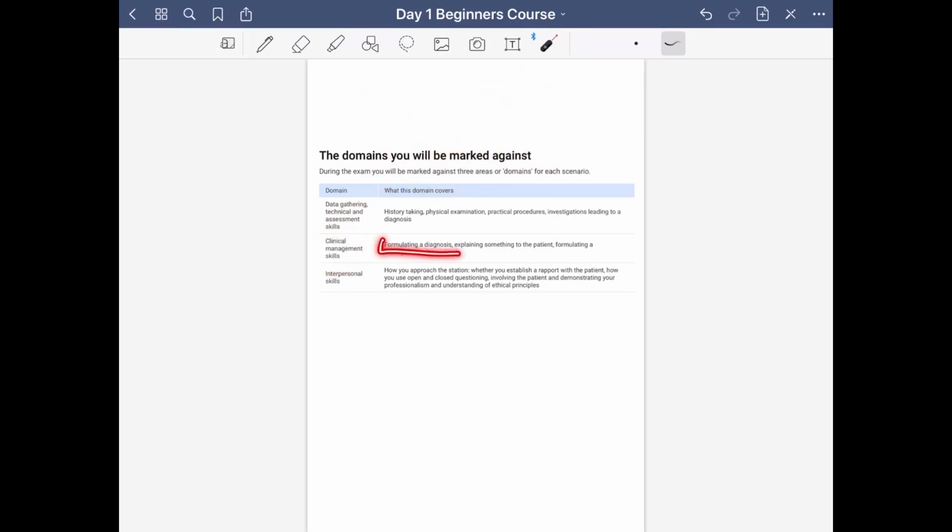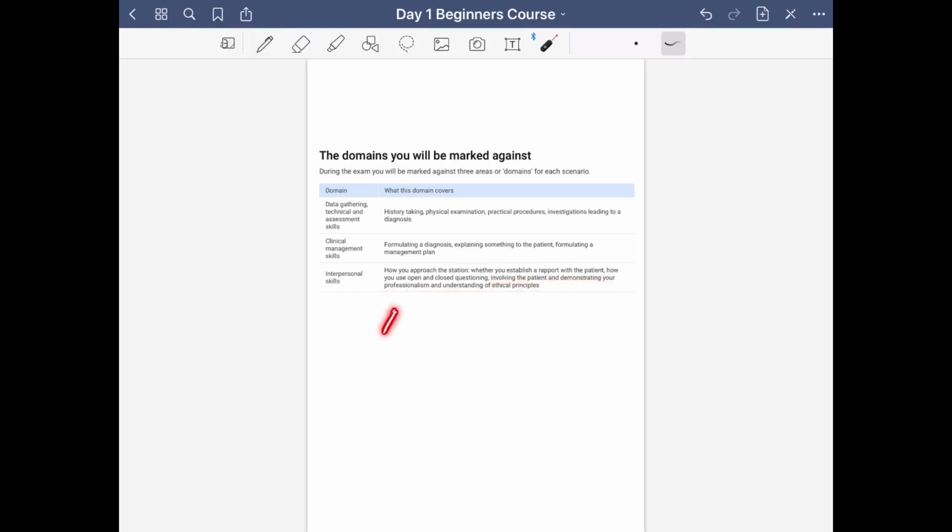For the clinical management skills, you have to formulate a working diagnosis, explain something to the patient, and formulate a management plan. Now, the diagnosis and the management plan itself are 2 important skill areas which I will discuss very shortly. The third domain is the interpersonal skills. This depends upon how you approach the station, whether you establish a rapport with the patient, how you use the open and the closed questioning, how you involve the patient, and did you demonstrate your professionalism and understanding of the